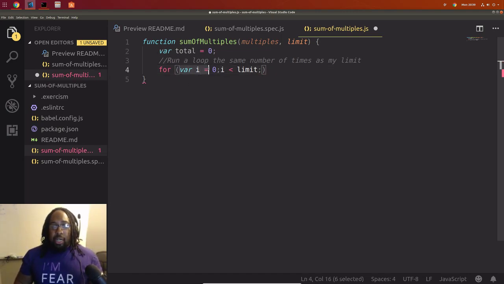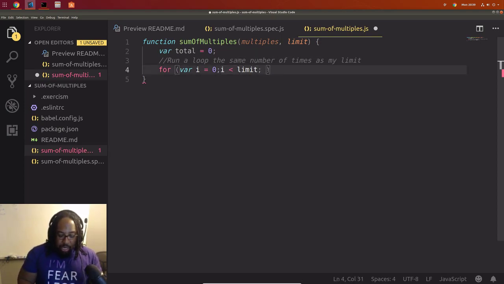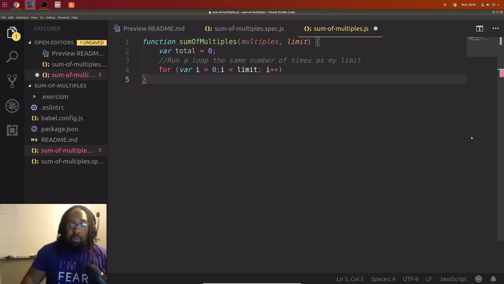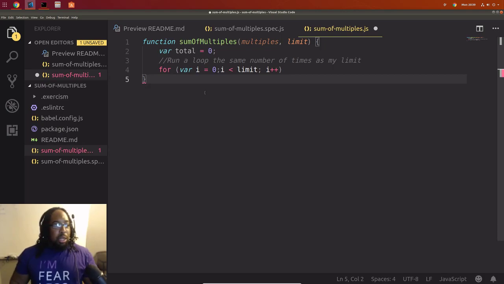You set up your iterator. You set up a conditional. I don't have to use I here, but this is the condition I want to be true to run this. And then at the end of every run, I want to add 1 to I. So what is this saying? This is the setting of the iterator. It's saying basically as long as this is true, run this loop, and then once you're done running this loop, add 1 to it. So if I still have the other file open, this is the same thing I did where I added the count++ at the bottom. Very similar thing right there.